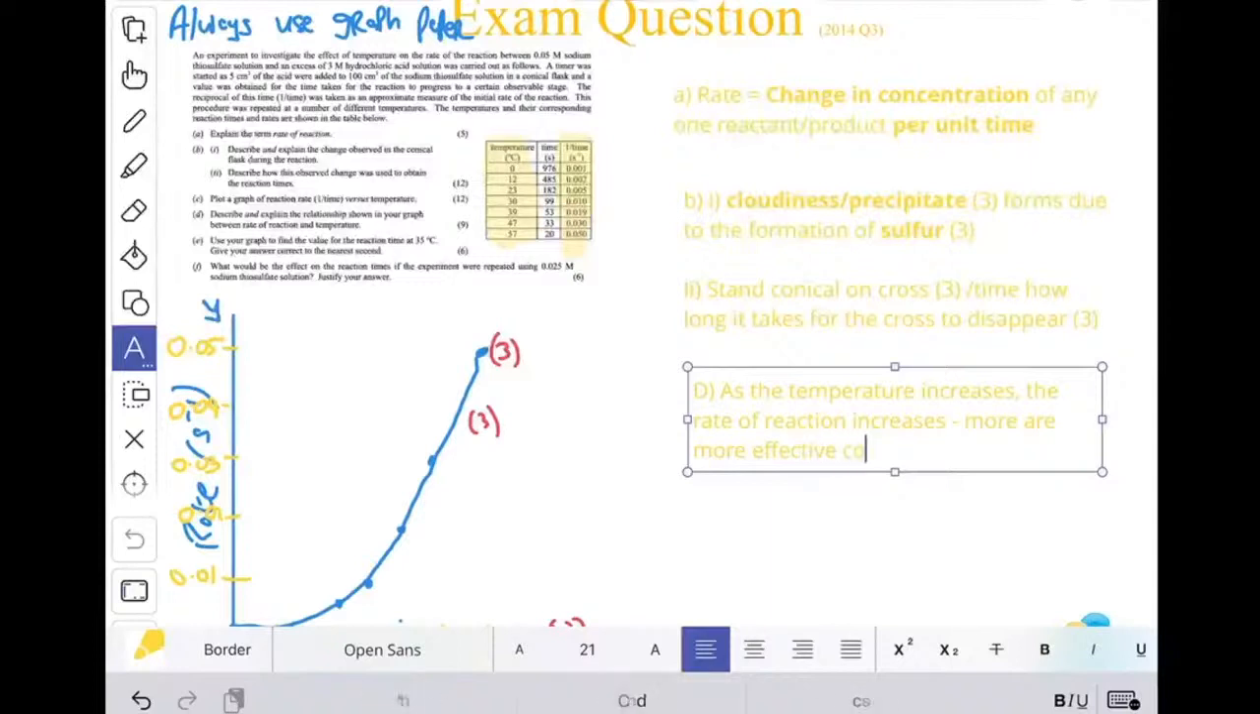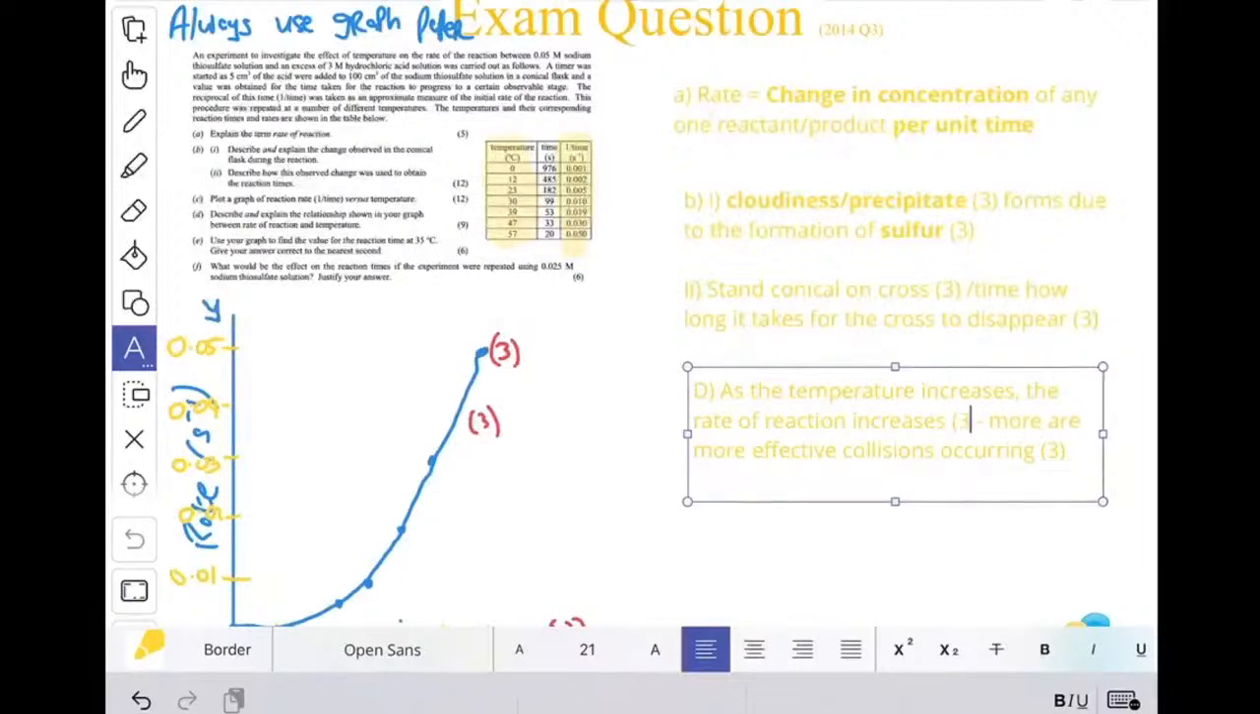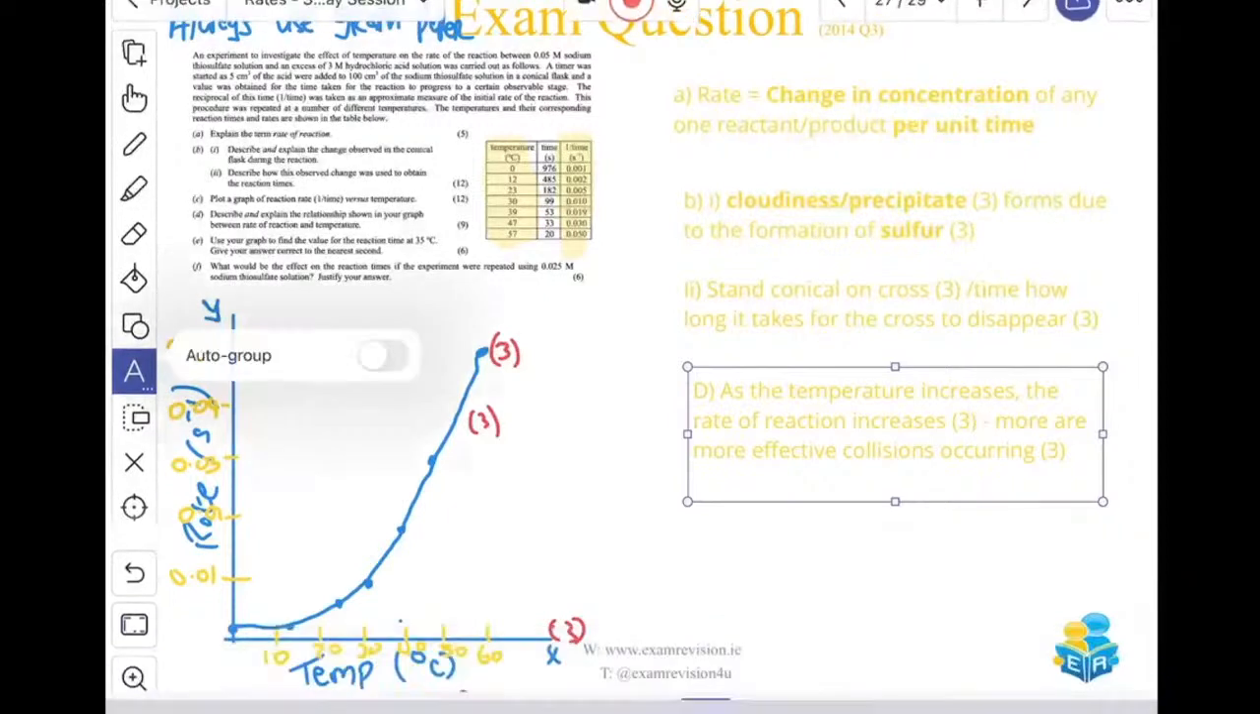Because the particles have more energy. So there were 3 marks for more effective collisions occurring and 3 marks for saying that as the temperature increases, the rate of the reaction also increases. The next part then is part